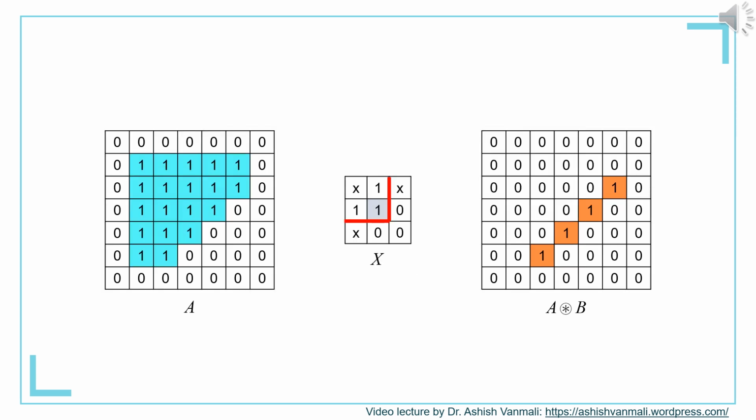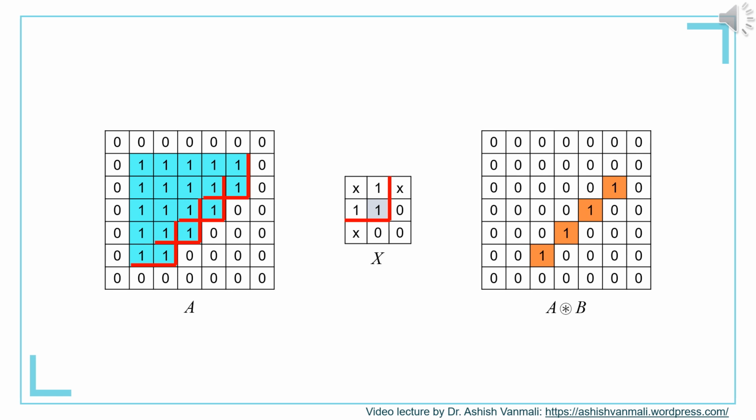So what does this output really signify? To understand this, compare the original image and the output and look at the structuring element X. If you observe the pattern present, we have center 1, and there is 1 pixel above that center and on the left which are 1. The pixels below, on the right, and diagonal down on the right side are 0. So what we are looking for is a pattern which is shown by a red line in the structuring element. Wherever we have a match with this pattern, those particular center locations will be highlighted in the output.